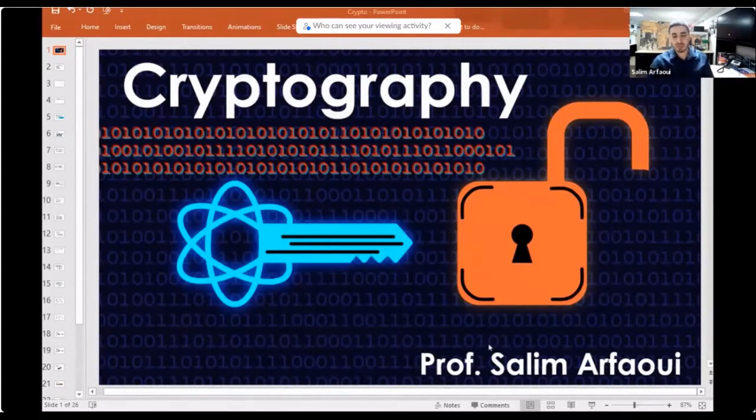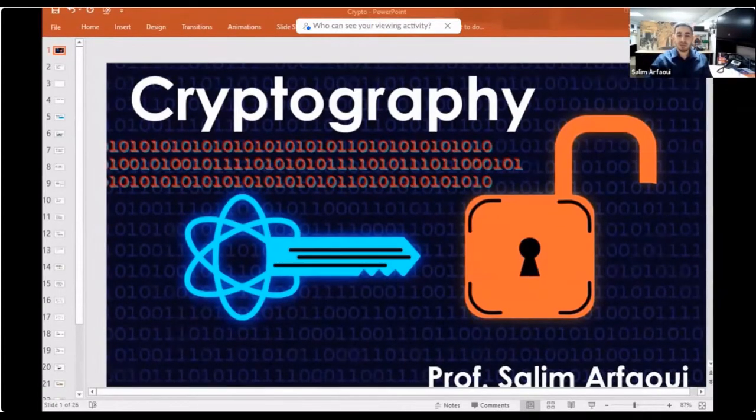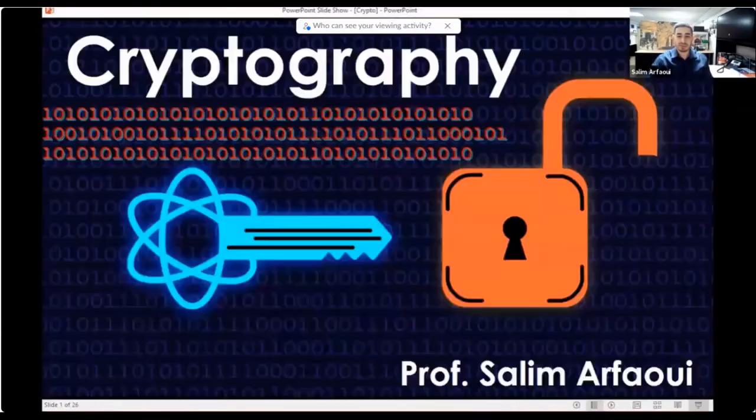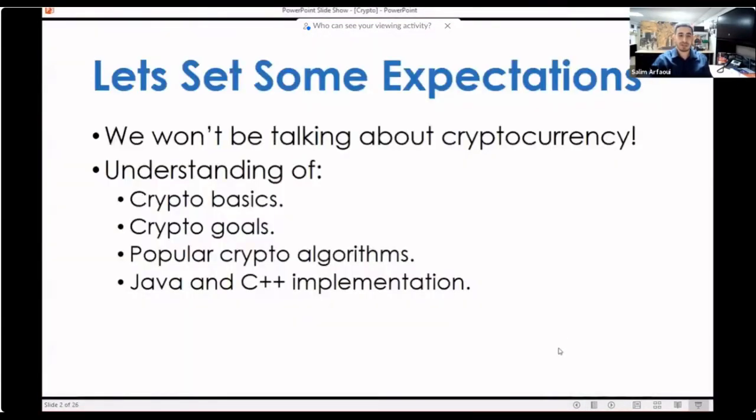Today's topic is cryptography. The first thing that I want to do is to set some expectations. For today's lecture, we're not going to be talking about cryptocurrency. However, by the end of this lecture, you should have a very good understanding of crypto basics, the cryptographic goals,